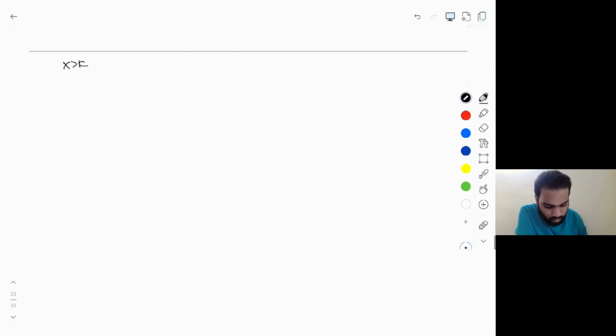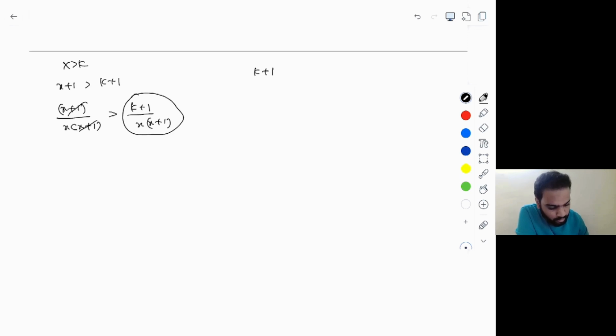So x is greater than k. Now I'm going to add 1 to this, x plus 1 greater than k plus 1. Now I'll divide both sides by x into x plus 1. So x plus 1 divided by x into x plus 1 is greater than k plus 1 divided by x into x plus 1. So once again we got this required part, k plus 1 divided by x into x plus 1